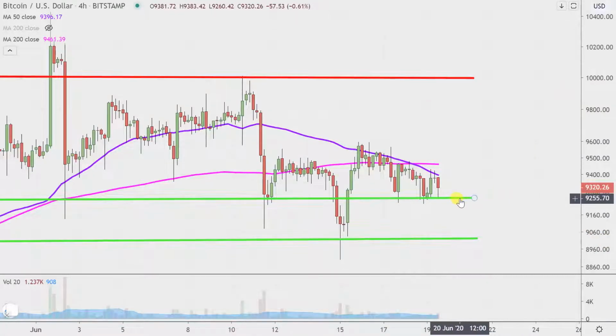Now, if you do answer that question, well, yeah, Clay, the price is down below that green line. The next immediate question you need to ask yourself is, okay, well, where's the price at relative to 9,000, which is that secondary support down there? If on Sunday afternoon or whenever you're watching this video, you're also answering the question that the price has gone down below 9,000, at that point, that would just be telling you that the bears have had themselves a very, very impressive weekend,